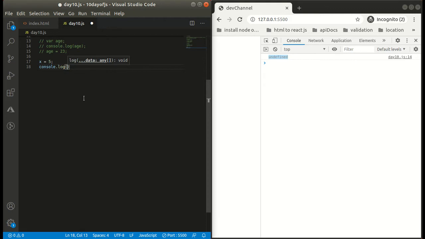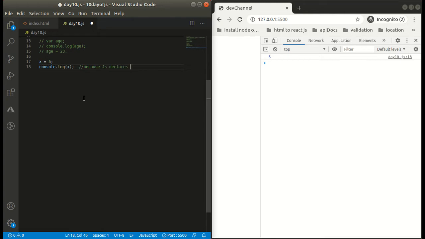Let's understand hoisting with another example. In this example we have initialized x earlier.